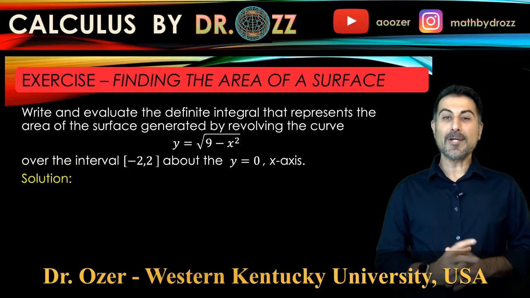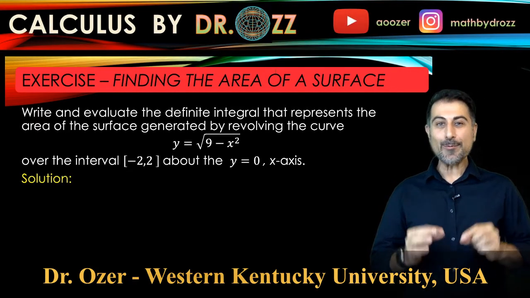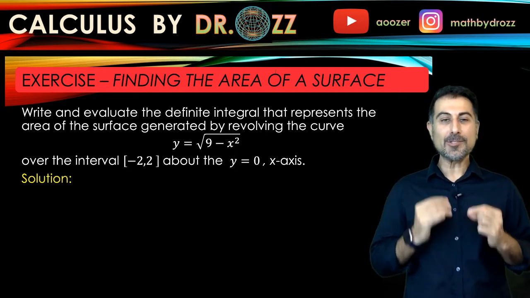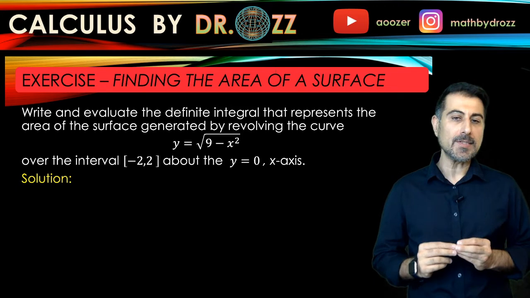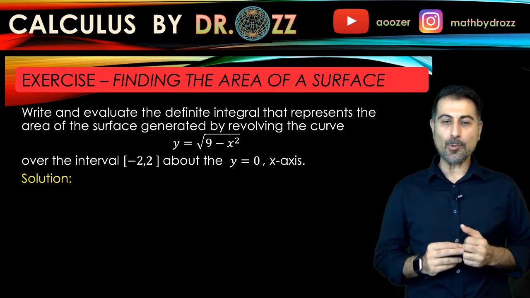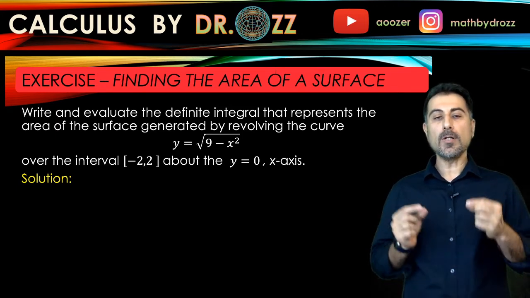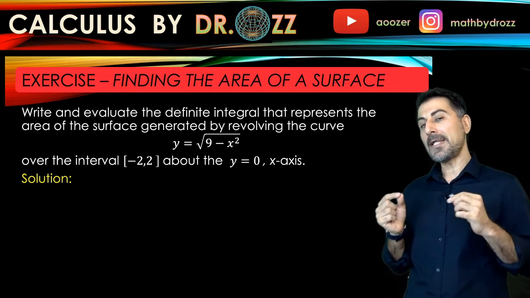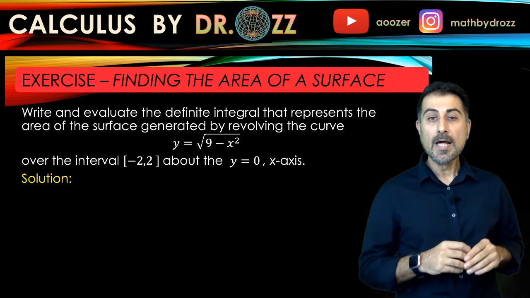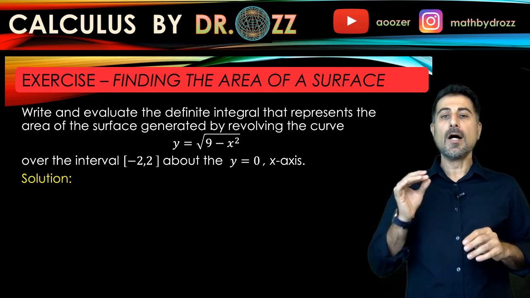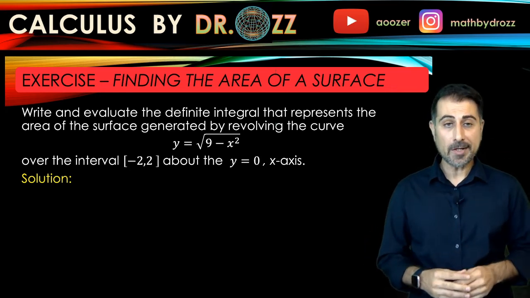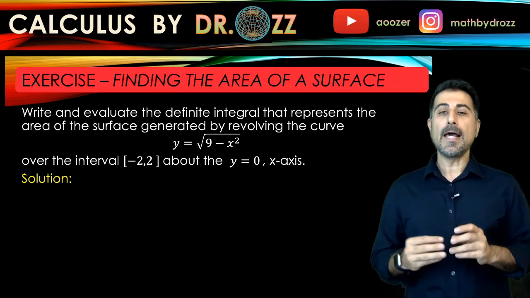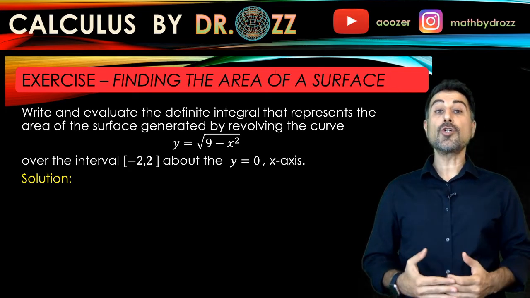Oz. Today we're going to go over an exercise where we're going to find the area of a surface of a revolution. The curve provided to us is y equals radical 9 minus x squared, and we are interested only in the part of the curve corresponding to the interval -2 and 2, and we are going to revolve that curve around the x-axis, and obviously we're going to have a three-dimensional object, and what we're interested in is the surface area